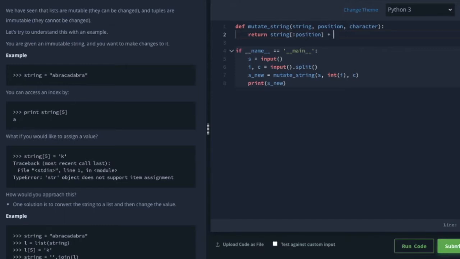Unless we have specified integer numbers with it, where it's addition, it takes into account a concatenation of two or more strings. So here we have string up to position, plus the character which we want to include in the string. This character is the one that will replace the character at the given index.